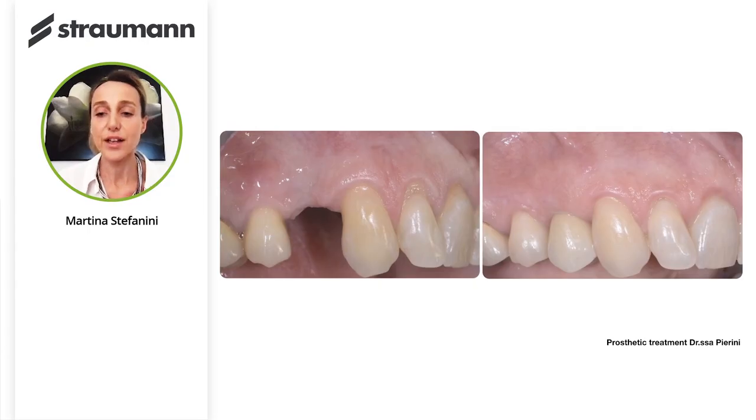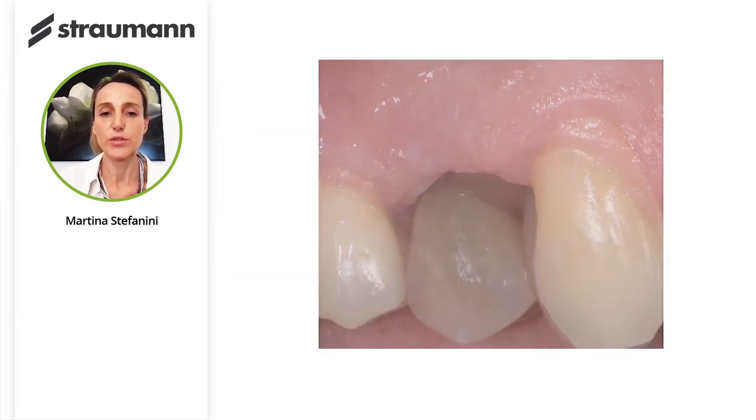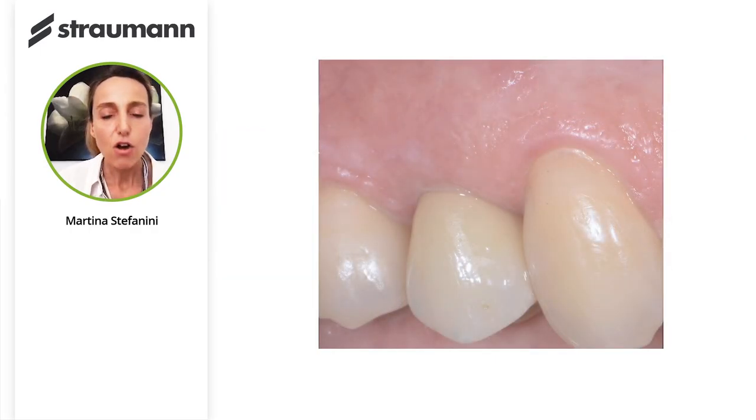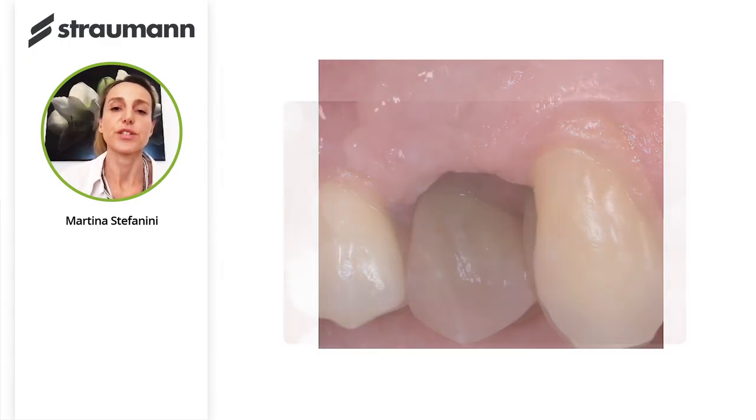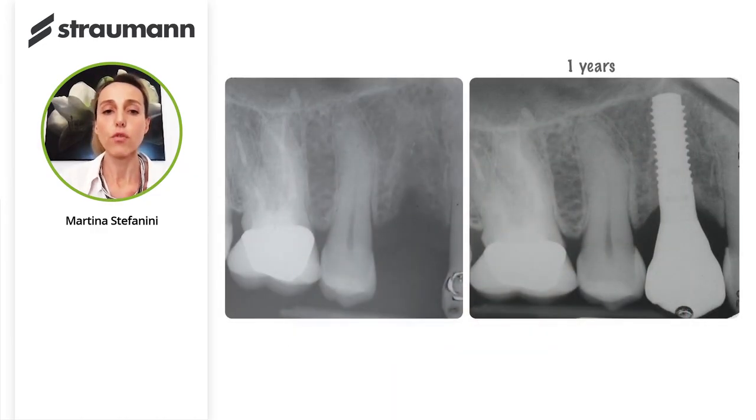And this is the nice result where you can see also the treatment of the adjacent gingival recession and the right dimension of the implant supported crown at the level of the first premolar, which is also shorter than the adjacent one. And this is the comparison of the soft tissue height from baseline to final restoration, thanks to the coronally advanced flap and the adjunctive use of the connective tissue graft that increase soft tissue thickness to improve the emergence profile